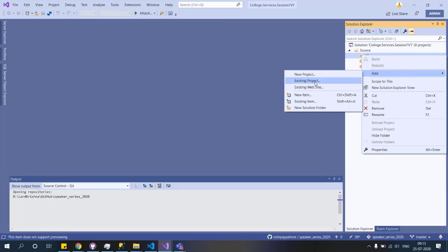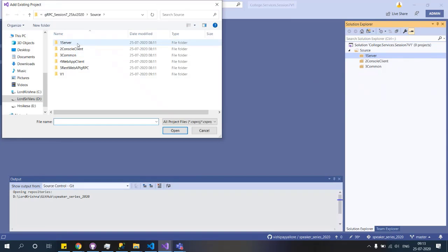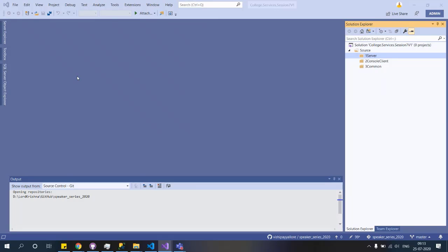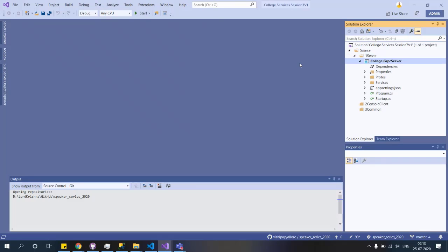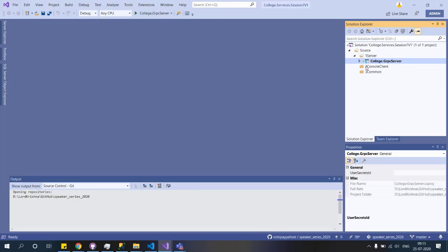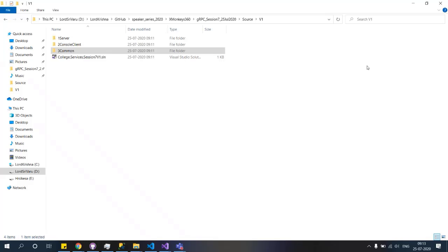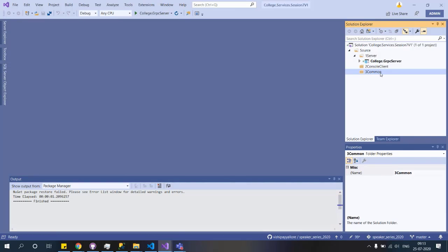I'm adding all the existing projects into these respective folders. So the first one is the server component. There might be a few squigglies. We'll fix everything, because now that we are adding this in, it might have some squigglies. Don't worry, we'll fix everything.